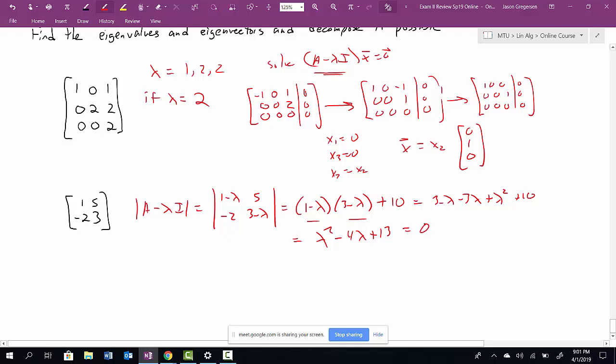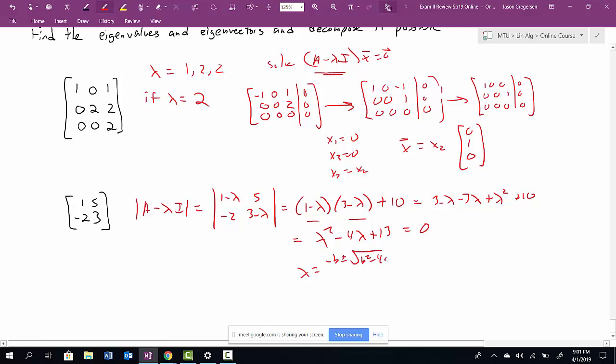When is that equal to 0? I try to factor, I try to think of all the factors of 13. They are 1 and 13. Not seeing how to factor this guy. What do? Quadratic formula. All right, so I got lambda is equal to negative b plus or minus square root